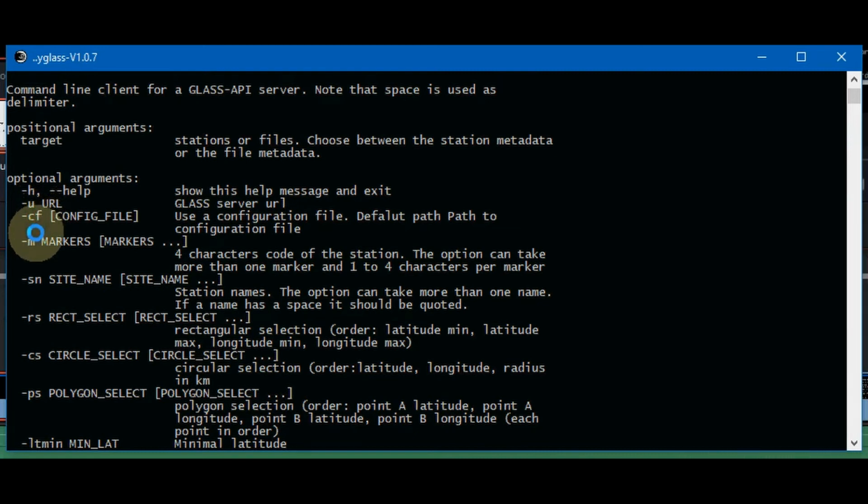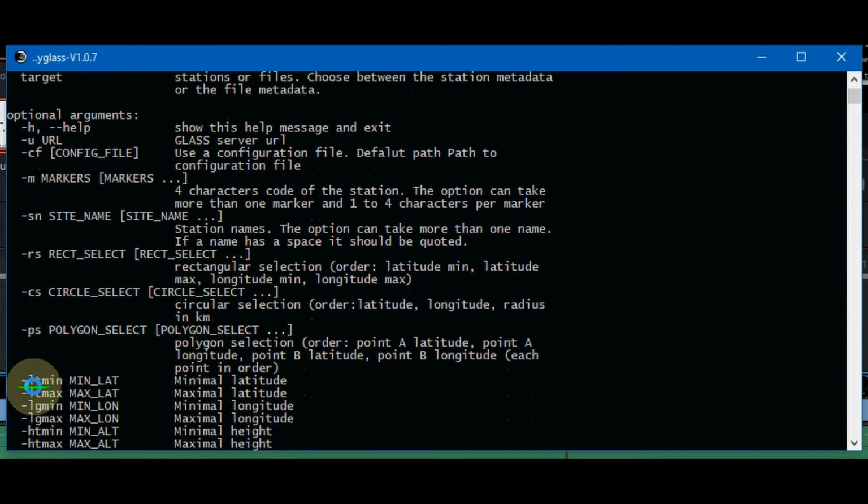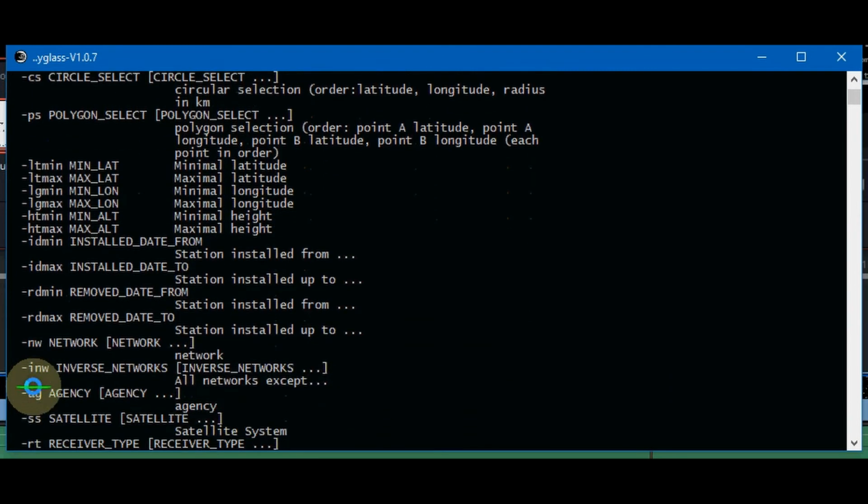Then we have the station metadata parameters, such as L for the marker, RS, CS, PS that allow to define respectively a rectangular, circular, and polygonal area of selection. The next 6 parameters allow to define the latitude, longitude, and elevation of the selection.